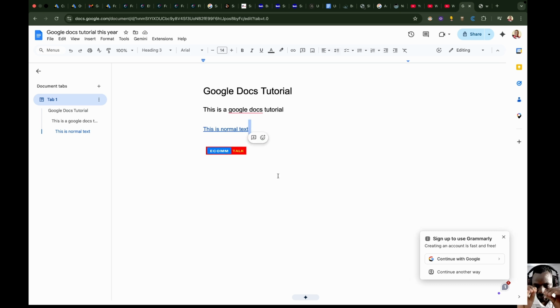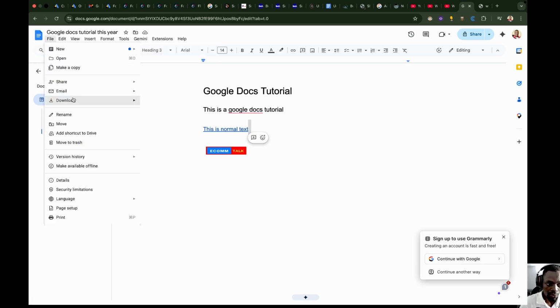Some of the most important things that people struggle with when using Google Docs is usually sharing of documents. Now there are ways you can share this document once you've created it. One, you can download it. By that, you need to go to File, and then you're going to scroll down to